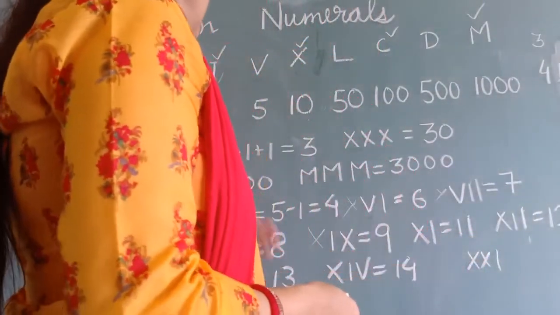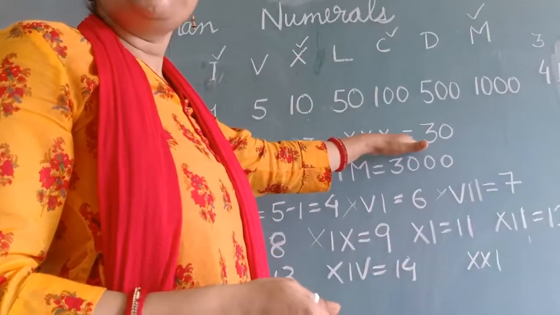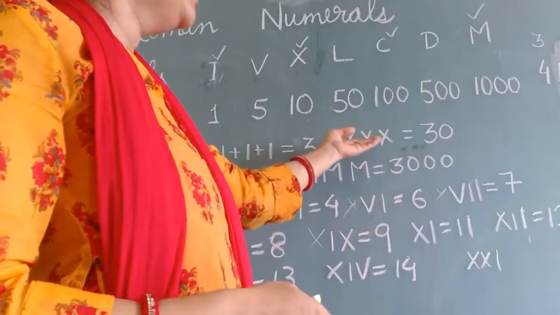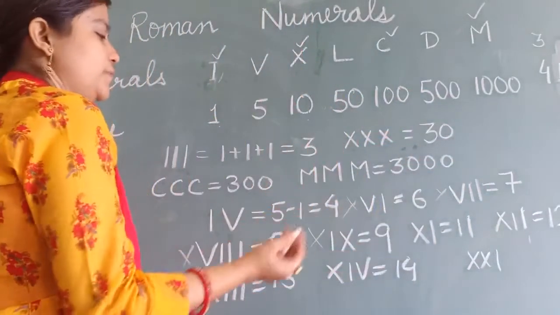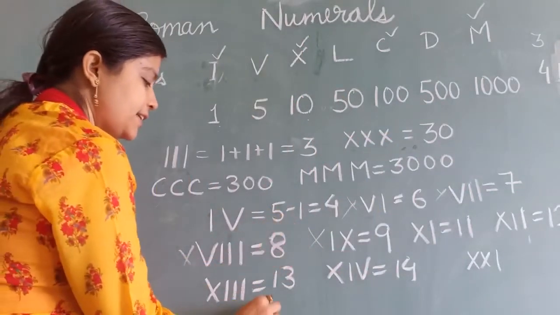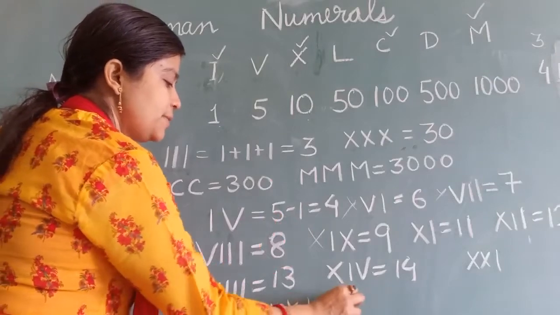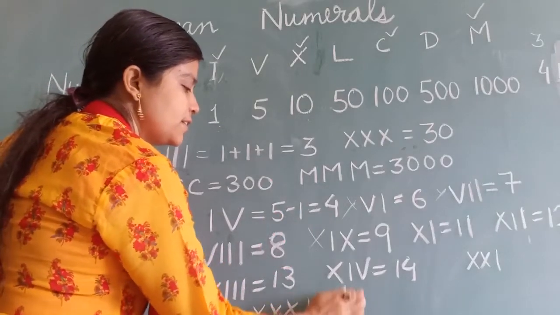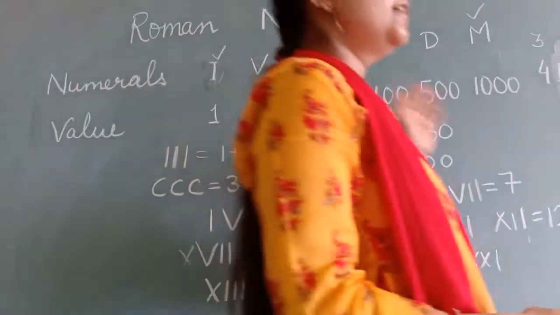Same. Now till 30 you know, 31, 32, 33 like this only you will write. Only with the 30 you have to add 1. For writing 31, what will you do? You are only adding 1 to the 30, it will be 31. So these things till 39 you can write.